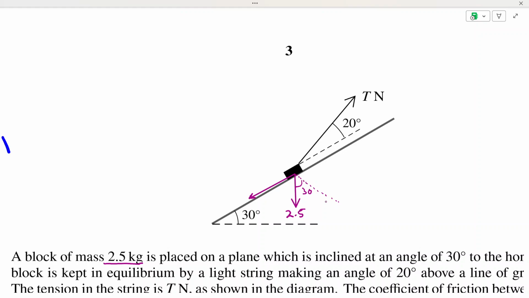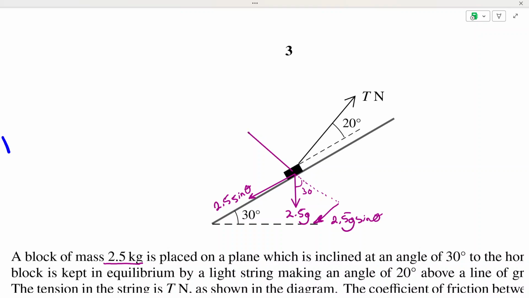So if you resolve that 2.5 g parallel to the slope, this is the weight acting down the slope, 2.5 g sine theta. So I'm going to write here 2.5 g sine theta. And then we know that there's also going to be a reaction,